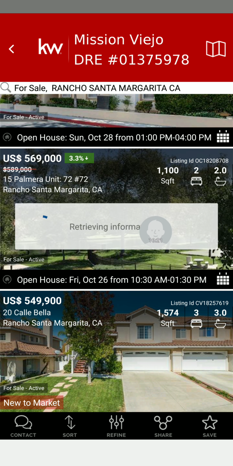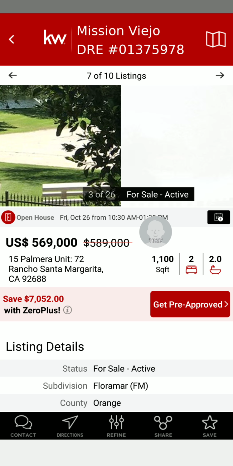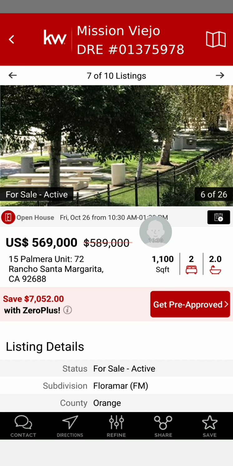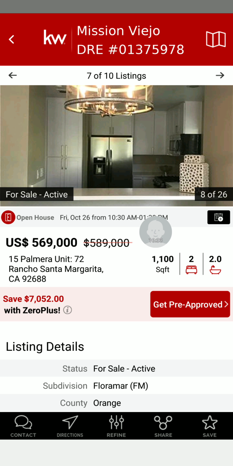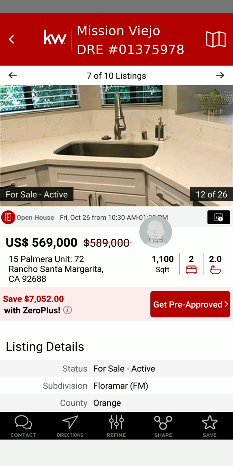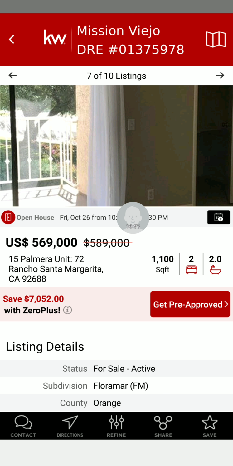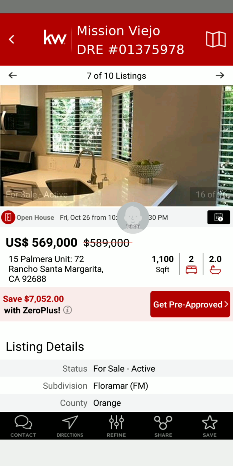So let's go ahead and click on this. And these are the pictures. This is probably right around the Lake Rancho Santa Margarita. And it's kind of showing you this condo townhouse. Some of, looks like the kitchen area, kind of your view. And as you can see, your view has got a pretty close view. It looks like this might be part of the lake area. So you're very close. The views are not very close up,